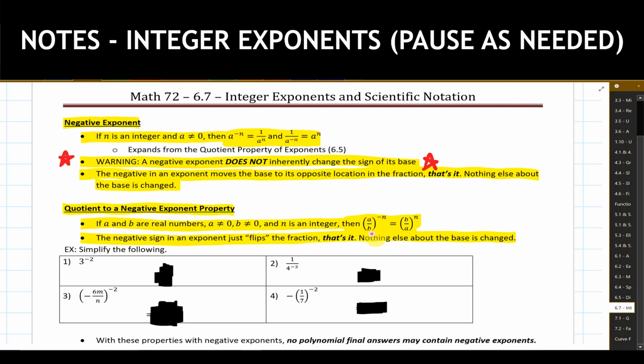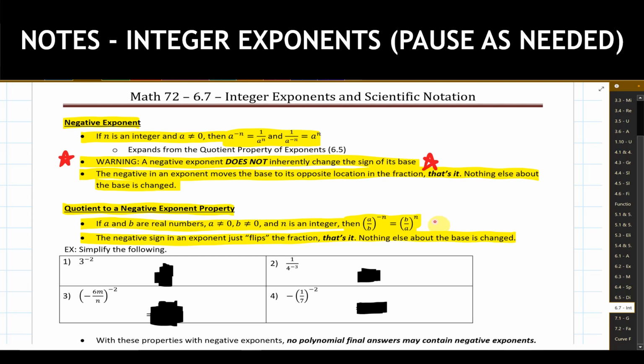So if we're starting off with the fraction a divided by b, and that whole fraction is being raised to the negative n power, then if I'm going to apply that negative in the exponent spot, all that's going to do is just flip the fraction. The numerator a becomes the denominator a. The denominator b now becomes the numerator b. So the fraction just flipped upside down, essentially I have the reciprocal of it, and the negative sign goes away in this exponent.